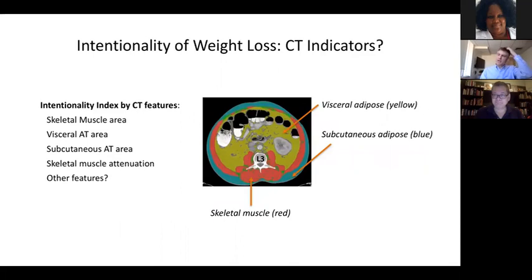And this has really led, and I don't have enough data together yet to show here, but this has really led us to start to try to understand how you use some of these tissue compartment approaches to understand intentionality of weight loss. Are there differences in the way muscle and fat interact with each other when there's an intentionality to this, as opposed to when it's cancer related? And using some of the automated algorithms that we've put together, we can now do this in large numbers of individuals to start to understand this,